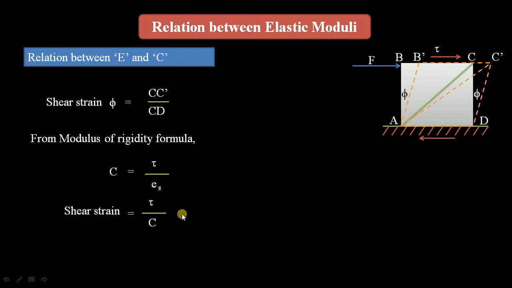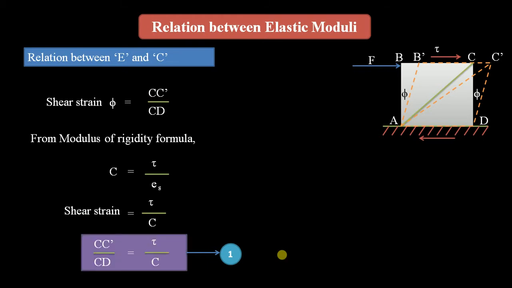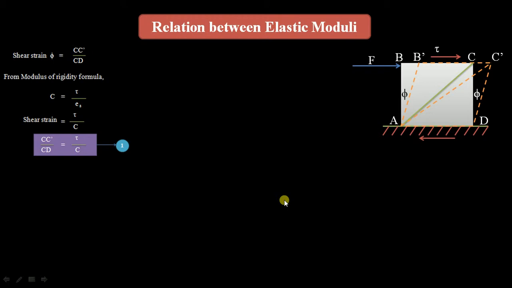So we can make these two equations equal now. So now try to write the equation by making these two equations equal, that is CC dash by CD is equal to tau by C here. So assume this equation as 1. Now keep aside all these steps by highlighting the first equation. Next we go for